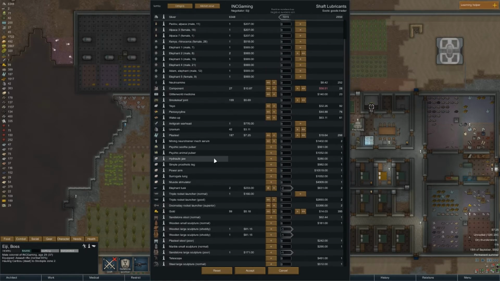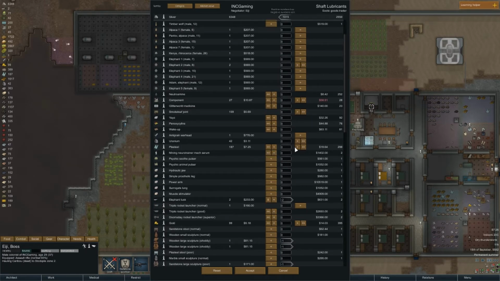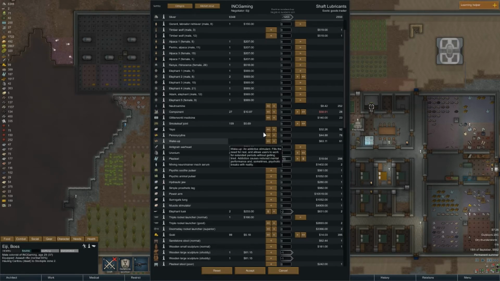I think what we're going to do is we are going to buy all their plasteel. That's a lot of plasteel. Which is that going to... Oh, that's going to... I lied. Say we buy, say, 113. Give us a nice, even 300. Fair enough. But if we sell all of that...